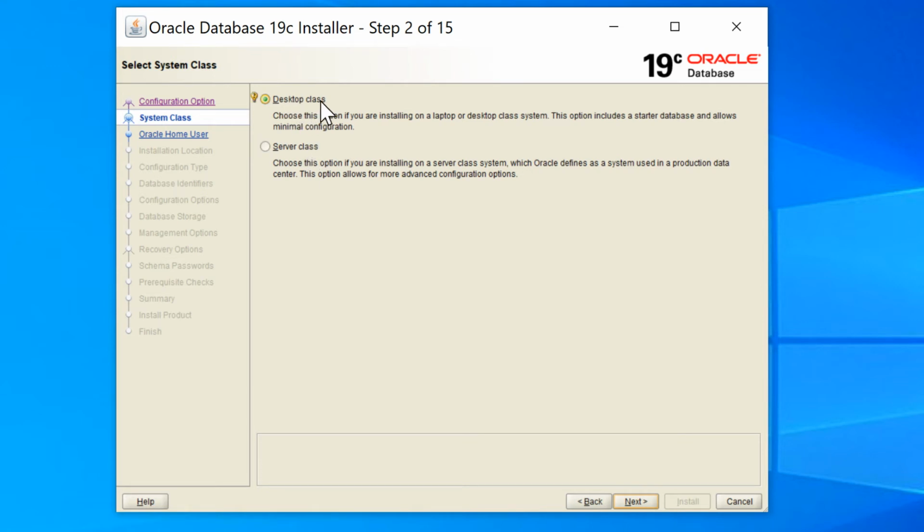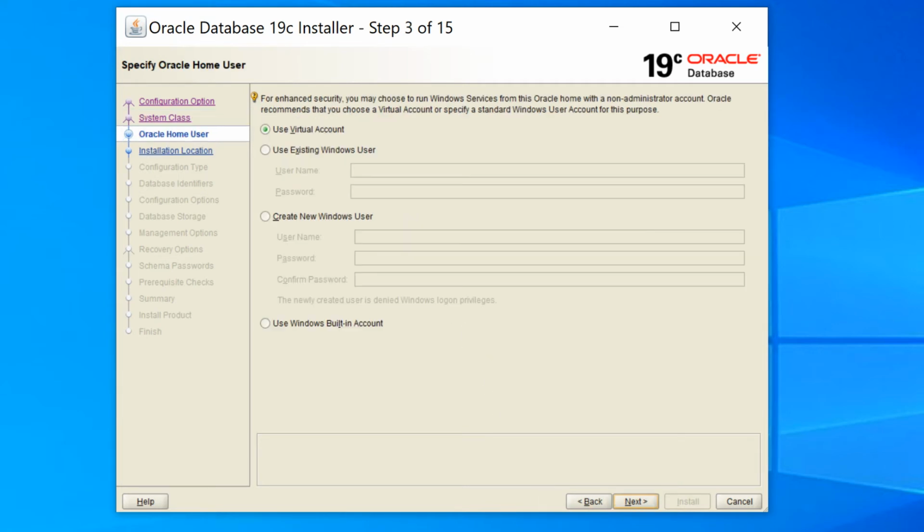Since we are installing on our own local machine, select the desktop class. Click on next. Now you need to create a user. You can use a virtual account, or you can use your existing Windows user, or you can create a new Windows user. Let's create a new Windows user.